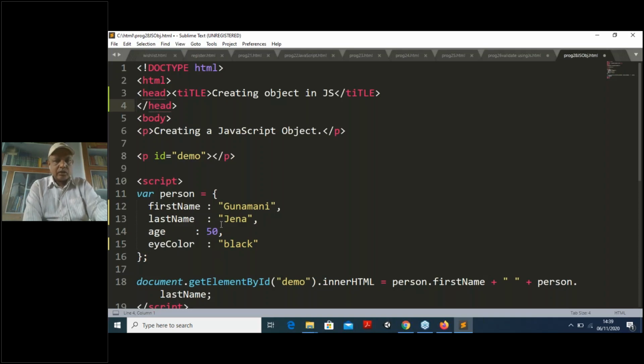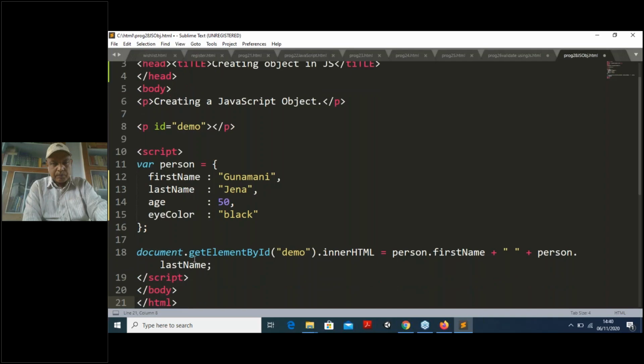Then inside the curly bracket, whatever you write, all must be separate. Document ID. So what is the ID I created for that?